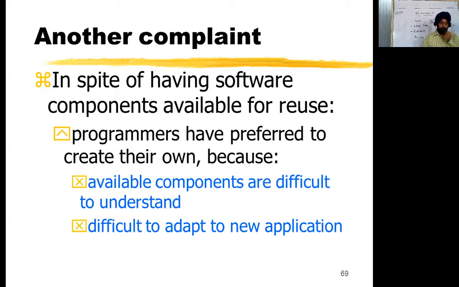I have given the example of the car. Earlier, many car companies were making everything by themselves. But now they are taking reuse technology into account. They bring the engine from some company, the tire from some company, the electronic system of a car from some company, and get it assembled. So it is also an example of component based development, and also an example of reusability.